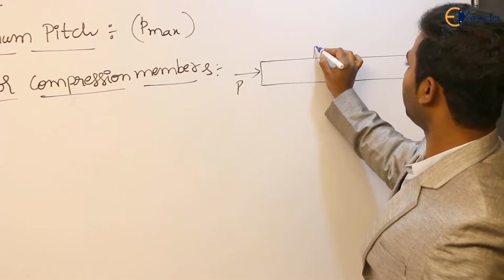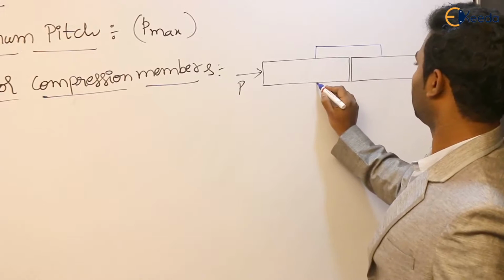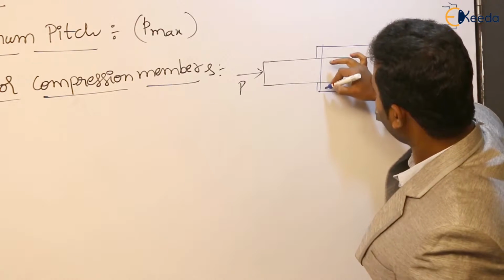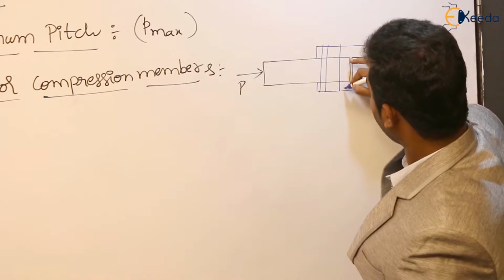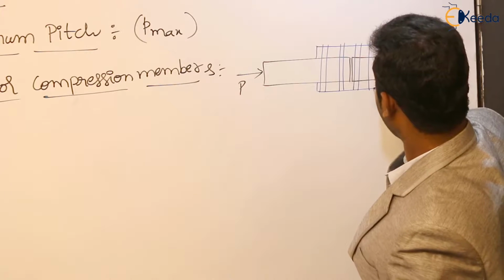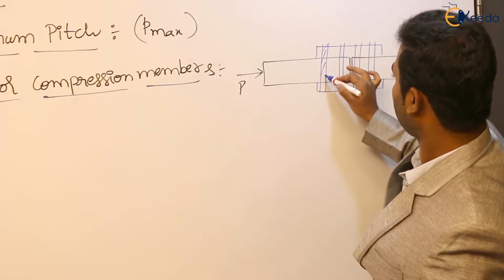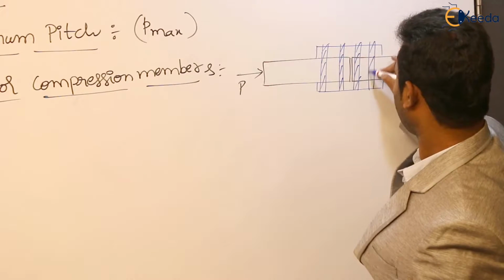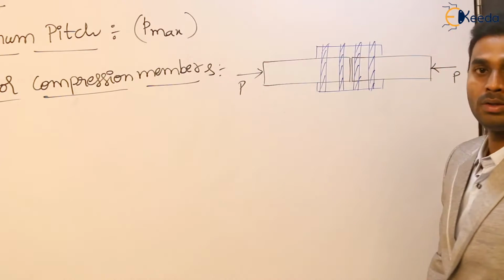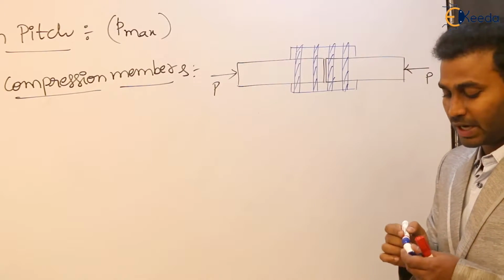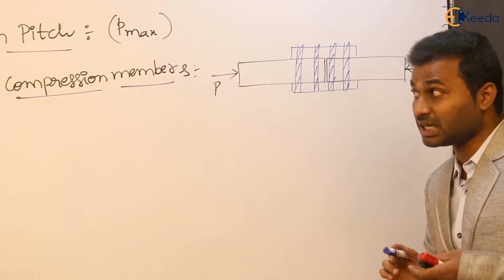Here we are going to provide the cover plate. See, both the forces are towards each other, so it is compression. Whenever we provide a bolted connection in a compression member,